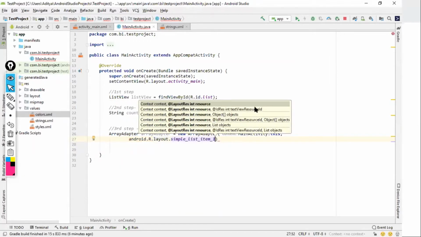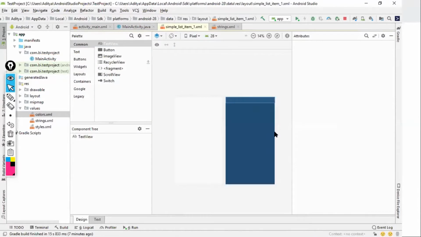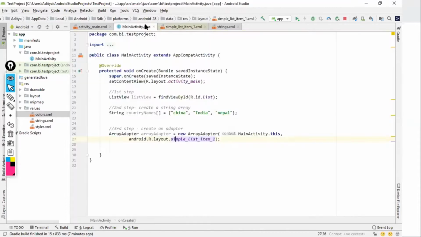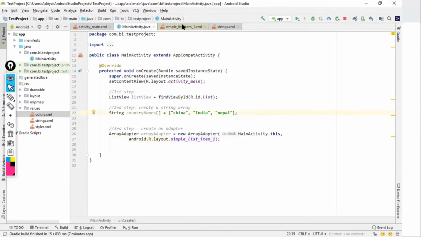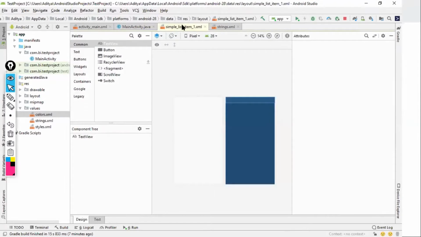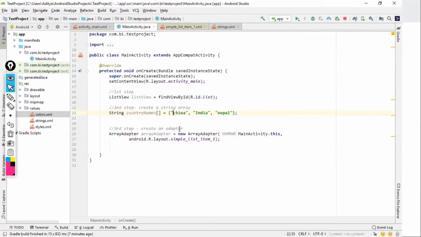Now what does this mean? Actually, let me just show you this. Look at this one, guys. So what I did, I just clicked on simple list item and I went to go to declaration. When I did this, it opened an XML file for me, right? And if I'm actually looking at this XML file, there is only a text view. Didn't I say you have to provide the text view over here?